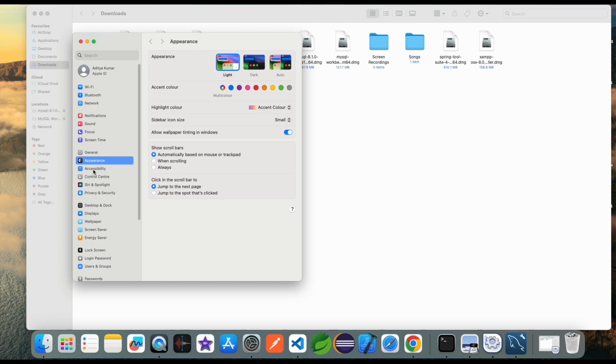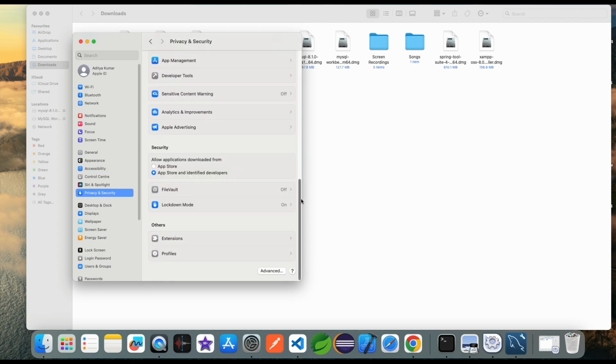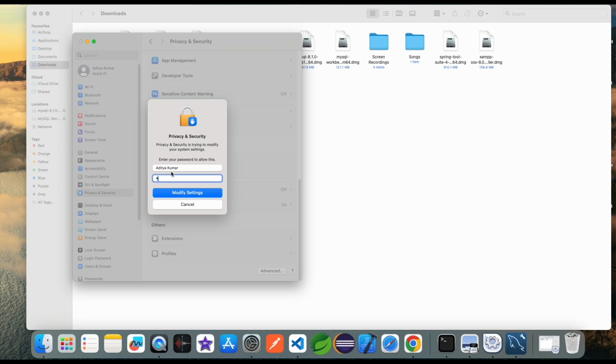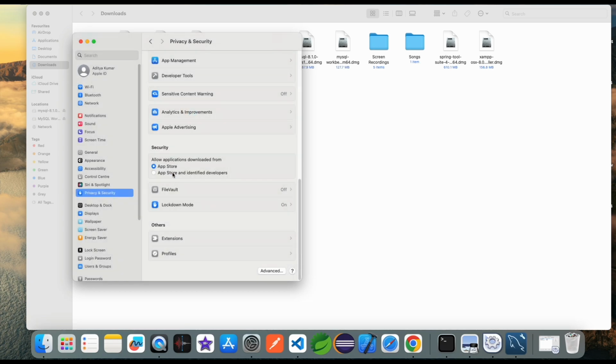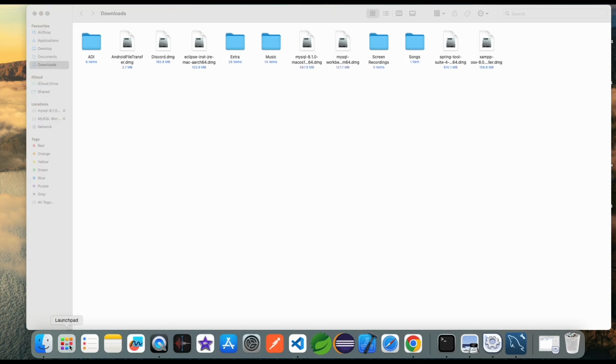Here in Security you can allow applications downloaded from the App Store. And if I again open and run the local instance,